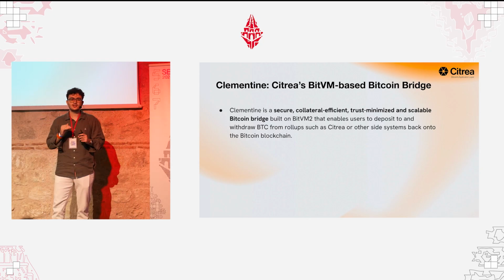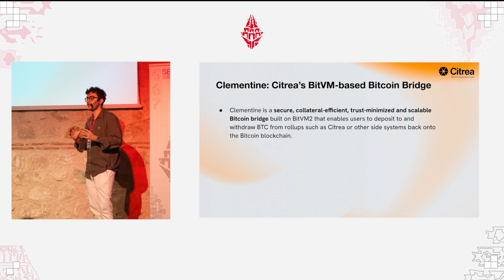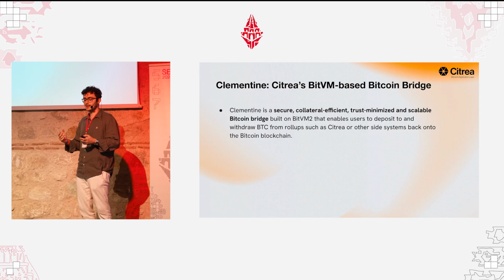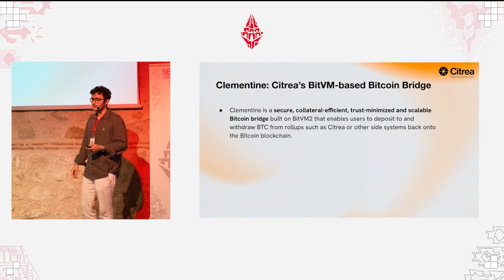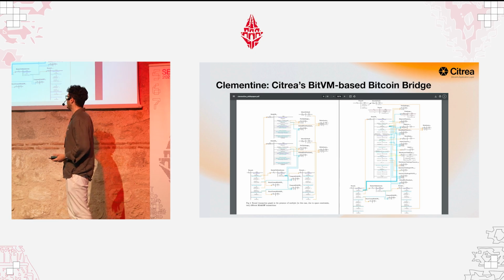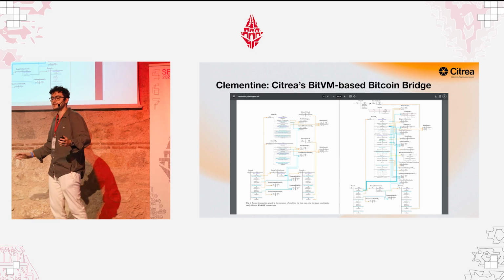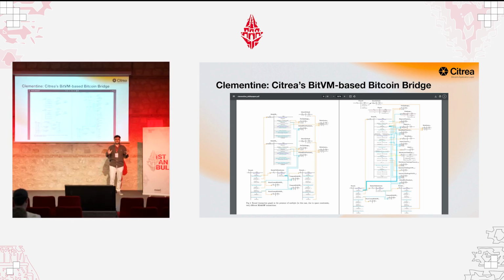So you have to create games, basically. In Clementine, this game is played between different actors called operators and signers. There are challengers and whatnot, but I'm not going to talk about that. And it looks something like this. This talk will not go through, of course, this transaction list. But what happens is you have an N of N multisig. So everybody has to sign. Everybody has to play along, right?